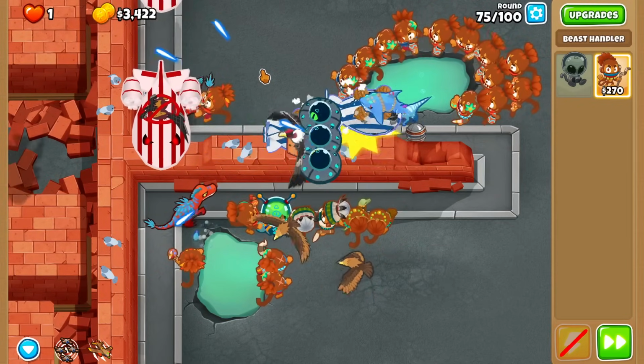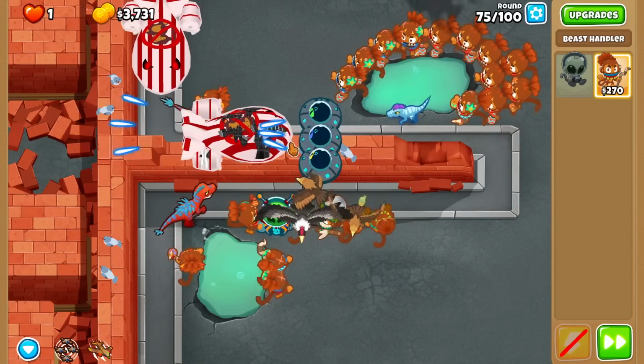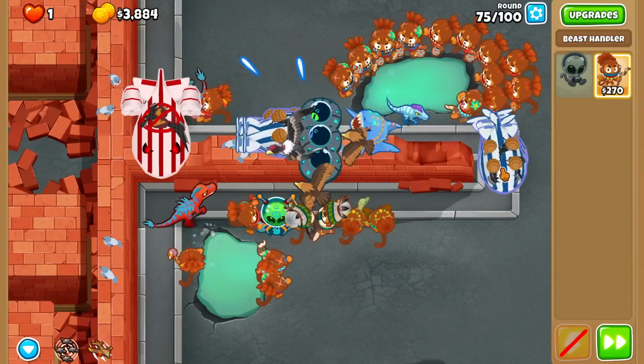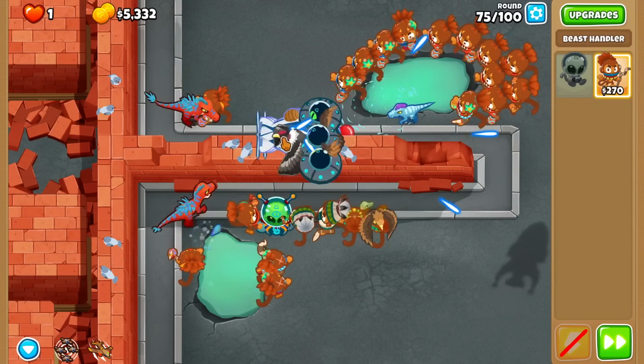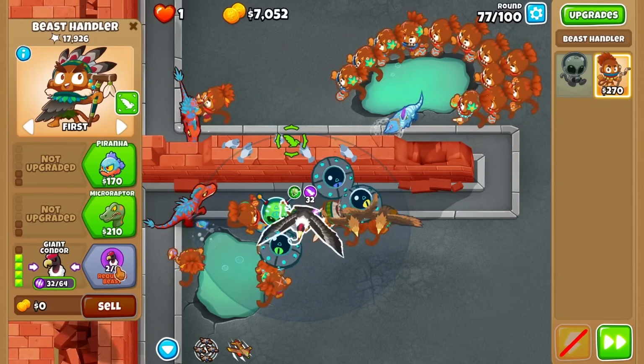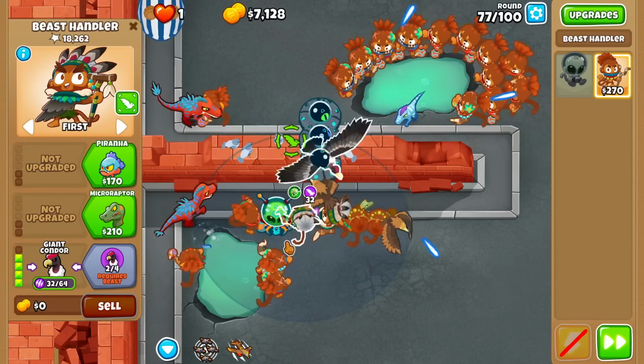Around 75 here. You can see the Moabs going down. Pretty much everything's going to be popped right here. And if anything does sneak through over here, the bird picks it up and drops it back up over there. It's quite wonderful. So at this point, I decided to go for one 32 out of 64 Giant Condor by